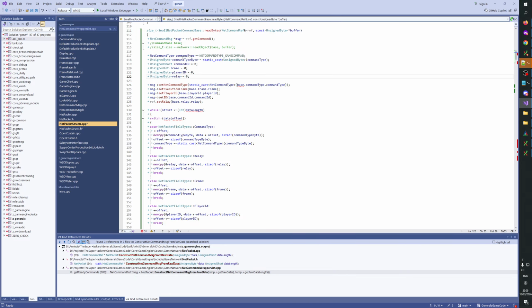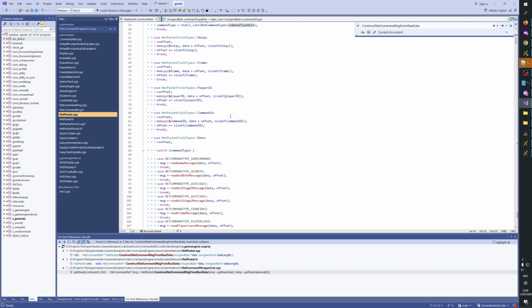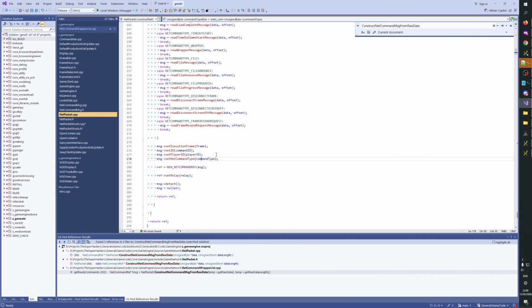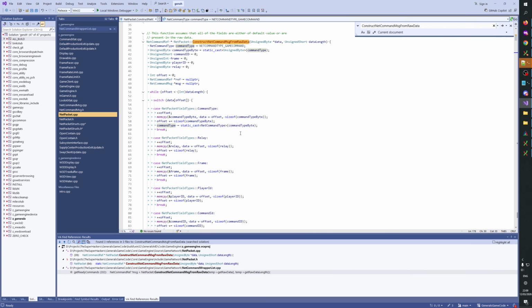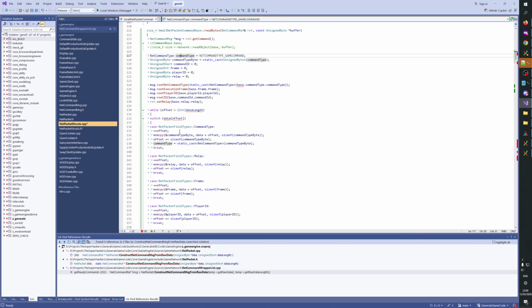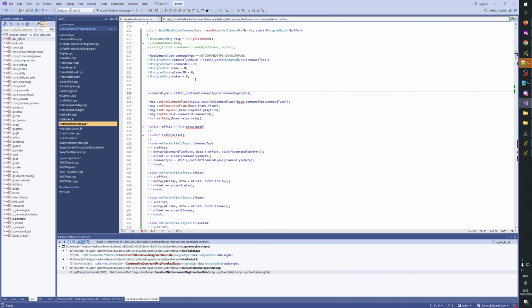And then at the end we do... so then here we need to do that command type. Then here we do that frame, play ID, relay and command ID. Okay,